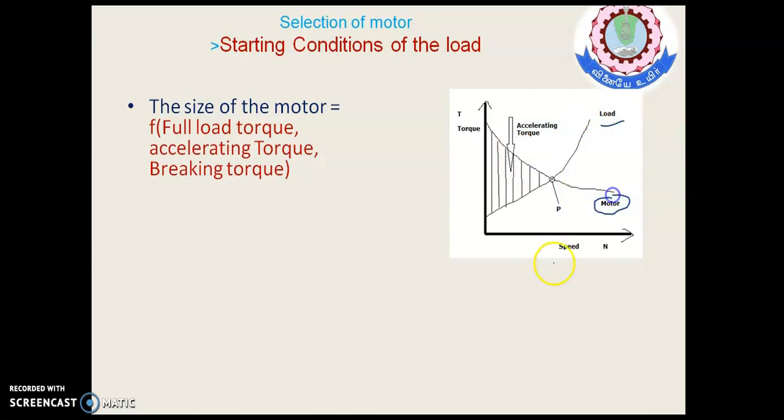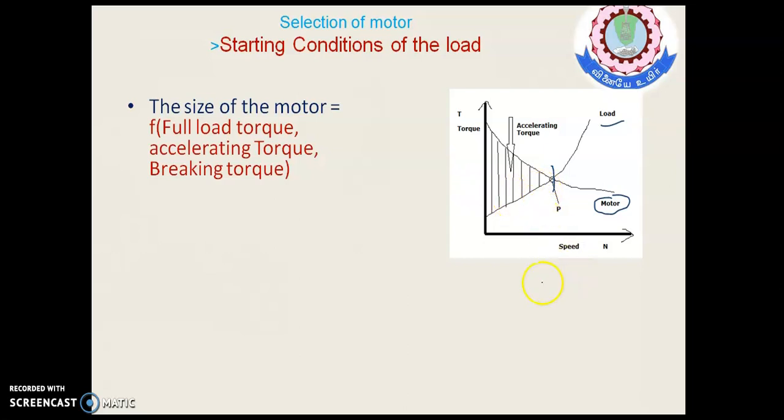Now what will happen when speed increases during starting? Both machines should provide the moment of inertia for the motor parts as well as the load parts, and that's why when the speed increases, your torque increases. That is the load characteristics. When speed increases, your torque decreases, which is the motor characteristics. Now this is the operating point, we will call it P, right?